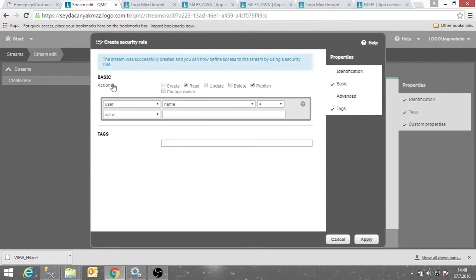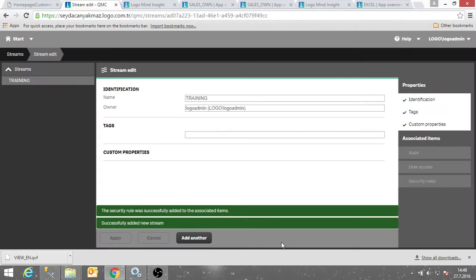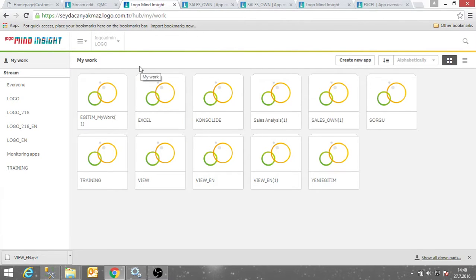On the top, you can see the actions: creating, reading, updating, deleting, publishing, and changing. I will write a security rule like this: if username equals Seyda, this user can only read this folder. No updating, no deleting, no publishing. If I say apply, and if I log in with this user,